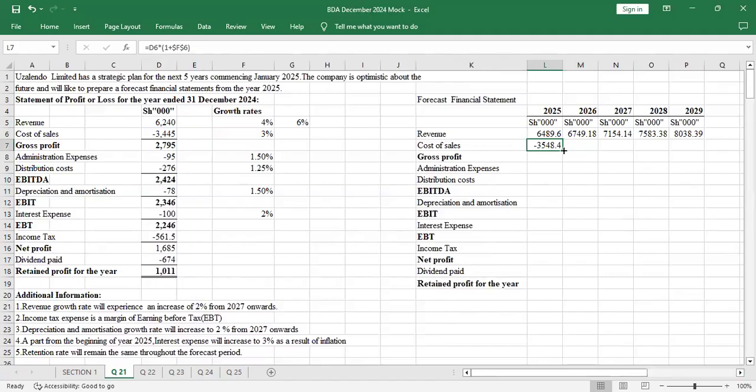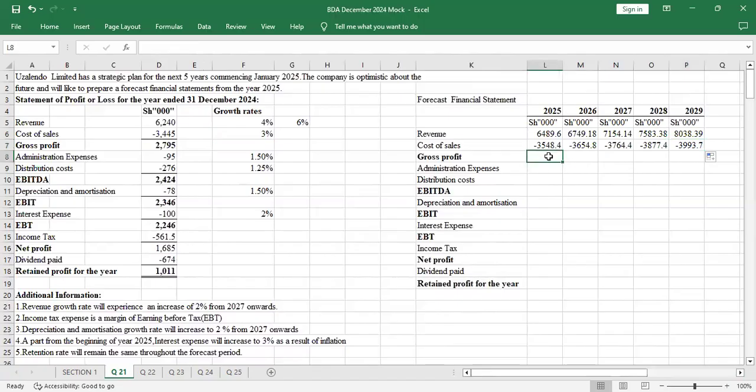Then let me see if I drag, it will copy. No, it will not copy. So I'll have to do it twice for the second year. I'll now pick this, and I multiply by bracket 1 plus the growth rate. And that growth rate is that one. So I'll create a dollar sign before and after. So once I've entered that, I'll drag. Once you drag, it will give you the values automatically because you have copied correctly.